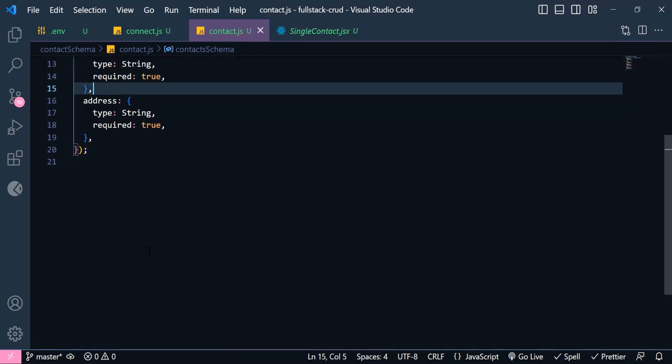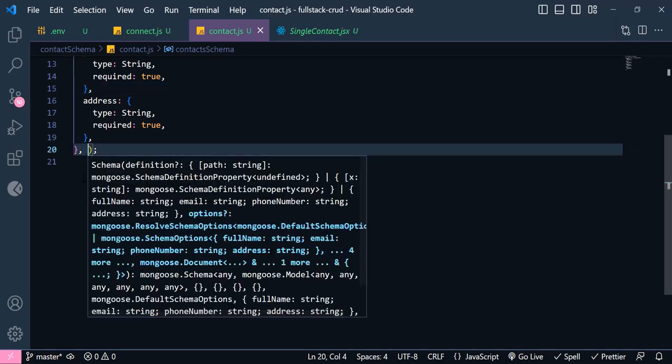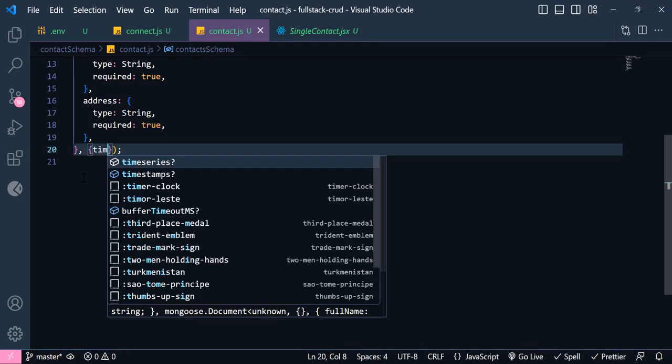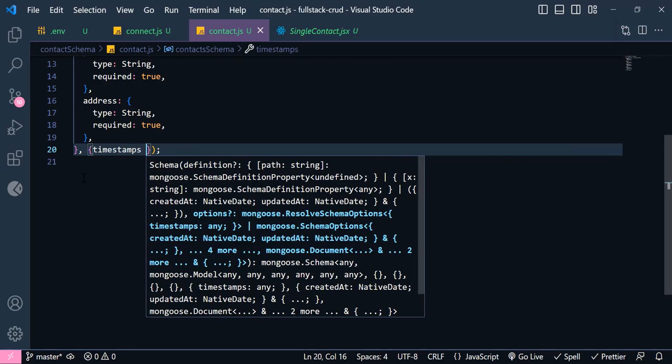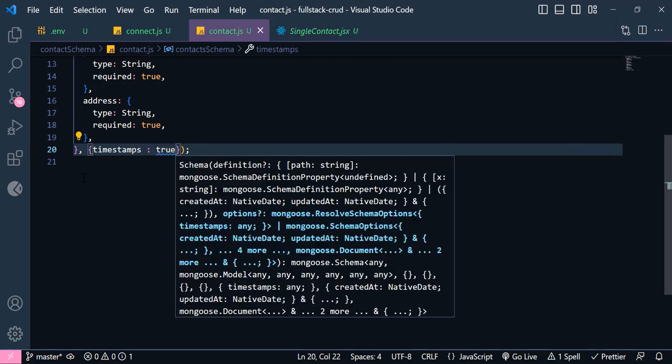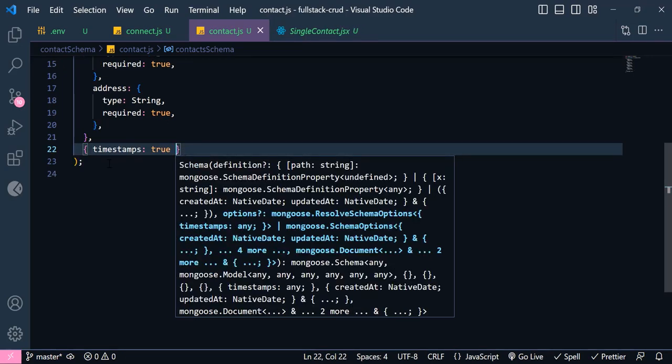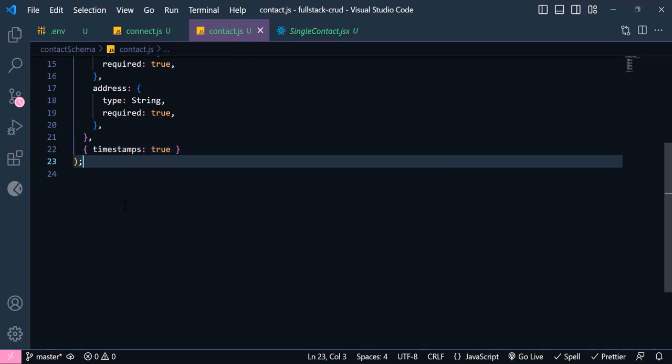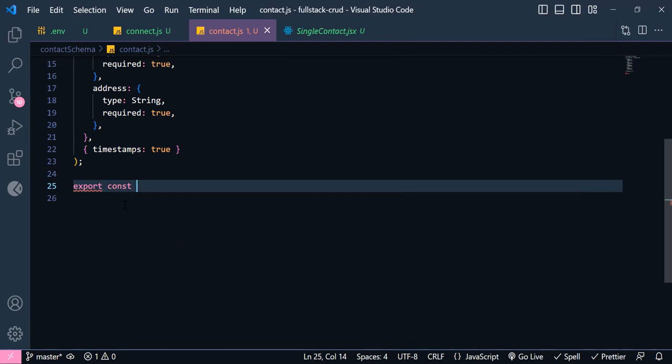Alright, now if you want to print the time that the user adds new data, just make a new object in here and call that timestamps and set this to be true. Alright, now down here we need to export a new variable. So I'm gonna call that contacts, which is equal to